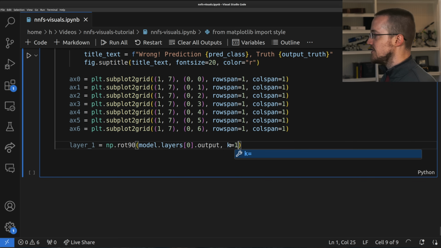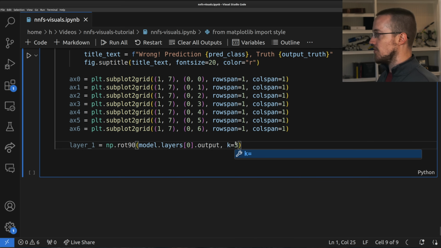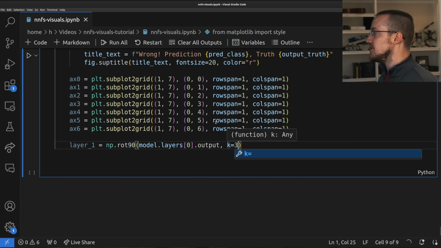But actually, we need to rotate it 3 times, so effectively 270 degrees, because if we just rotate it 1 time, it's actually upside down if we rotate it at 90 degrees. So instead what we're going to do is rotate, because this is rotating counterclockwise. So if we didn't do this, you probably would never know, unless you were paying attention, like I was